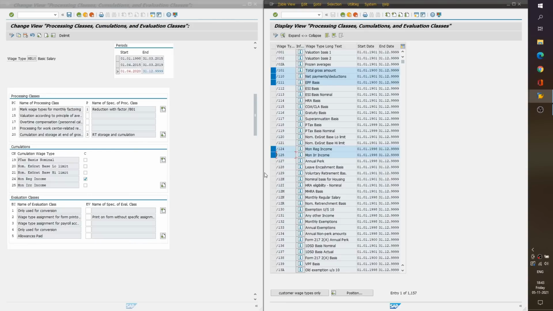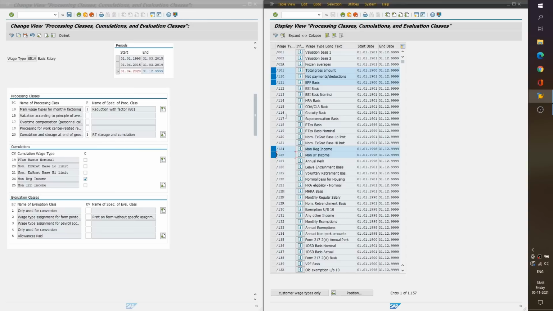So whenever a cumulation basis is required for any country, SAP gives it in this list, so whether the wage should be considered in that particular basis or not. Then at the end of cumulation, all these cumulation wage types will be generated in the system. In our case in India, let's say we have cumulation class PCR as X023. In some other country we might have a different PCR which may have a different meaning.